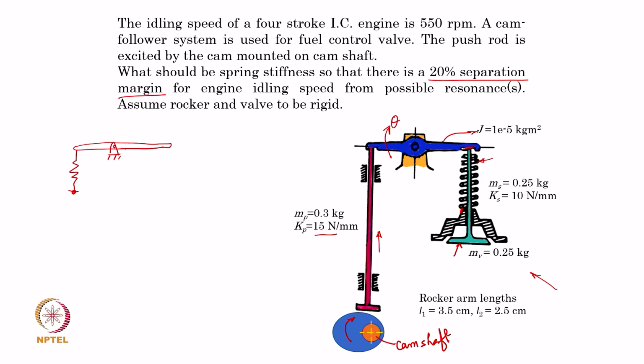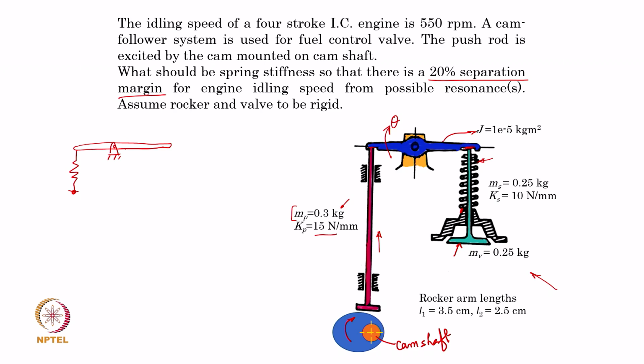So, not all the time will all the structural elements show up like a coiled spring. This rod, which could be a circular one, if it is a slender one, it will have its own longitudinal stiffness. So, this itself can be modeled like a spring, but it is not a normal spring. We just saw how the spring's own mass can influence the natural frequency. So, by giving the mass of the push rod, we can, if we want to, consider the mass of the